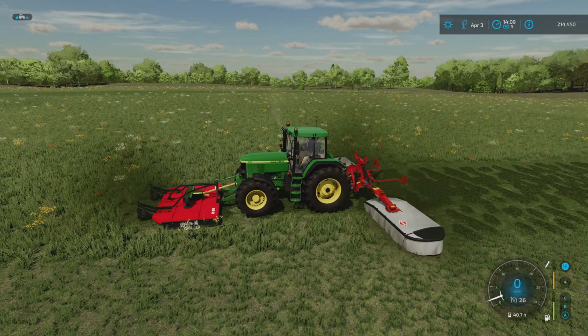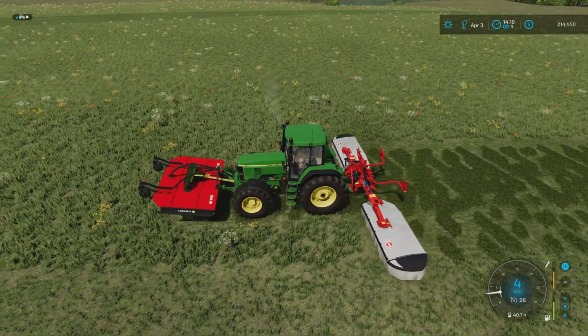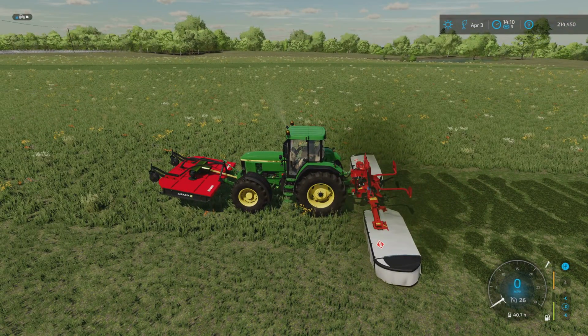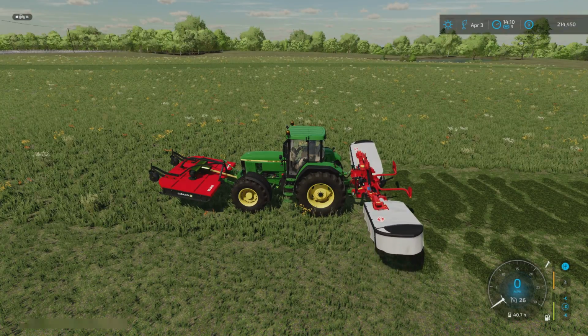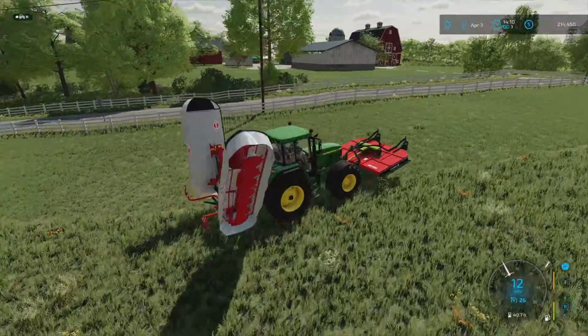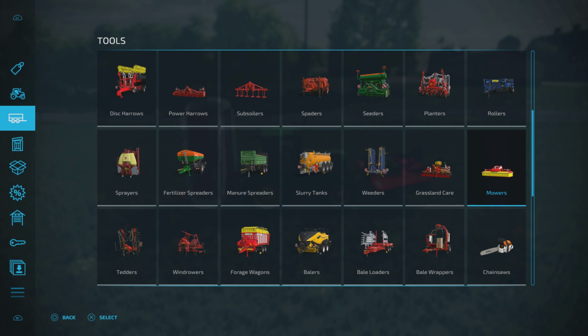Okay, let's stop there. Now let's turn that one off and raise it. Carry on to there. Boom. That off, raise it, fold it. I'm going to leave the mowers up here, I think. So what I'm going to do, let's go into here, let's go up to there, let's go to our mowers